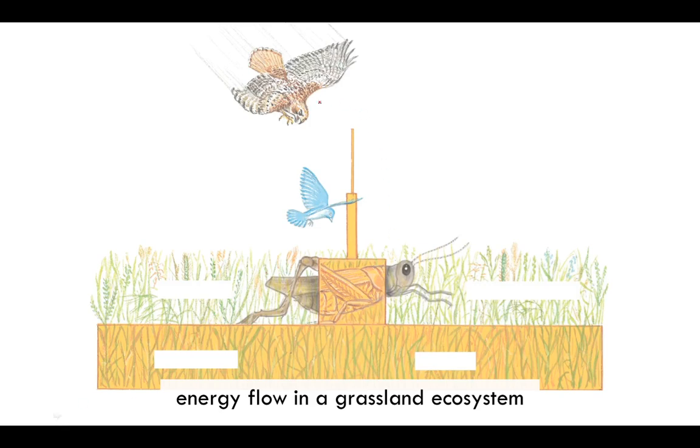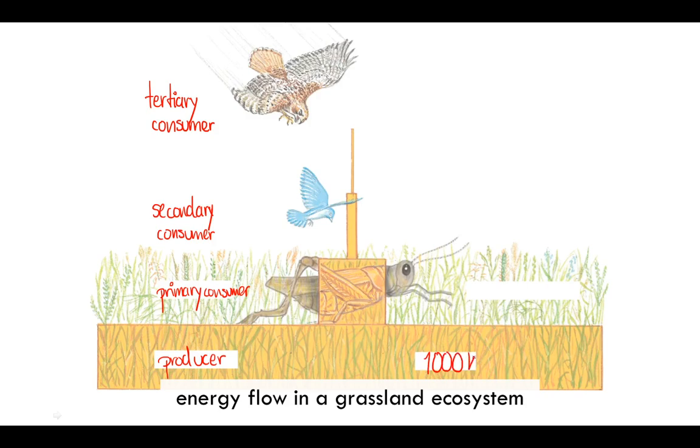So if we look at this in the context of one of these pyramids, here we have a producer, which is a grass. Here we have a primary consumer, grasshopper. Here we have a secondary consumer, which is a small bird that eats the grasshoppers. And then here we have a tertiary consumer, which is a hawk that eats the little birds. Okay. Now again, let's pick some super round numbers. Let's say that exactly